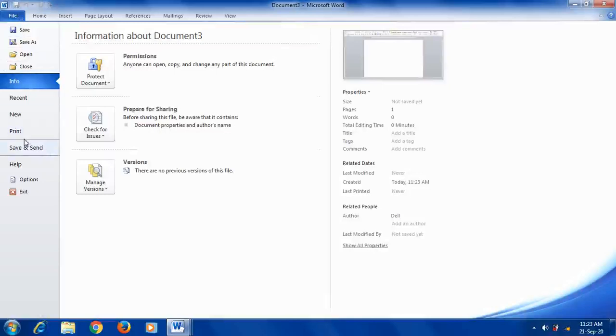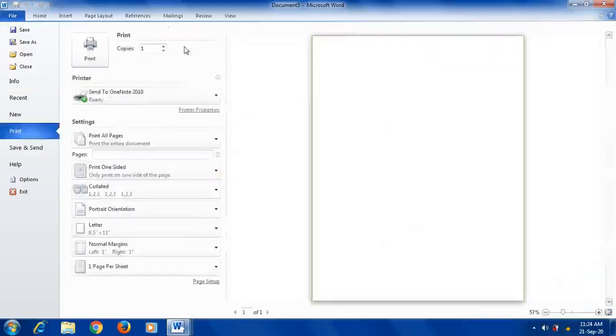Next, print a document. If you want to take a printout of your document, the text you have typed, just click on this print command. When you click on the print command here, all the related options get displayed, and a preview of your document also gets displayed.